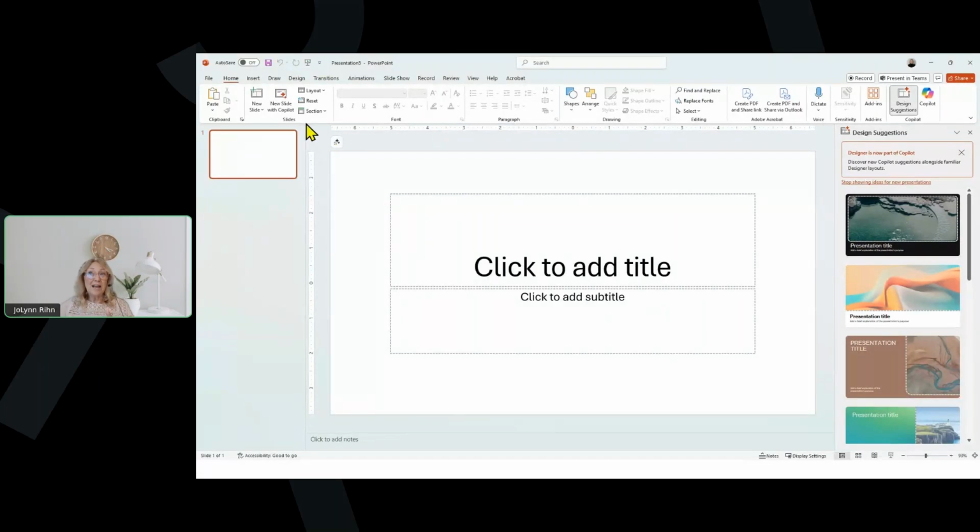Well, notice at the top left on the Home tab of the ribbon, New Slide with Copilot. So if I want to use Copilot to create a new slide on this presentation, we have that capability whether you're in a new presentation or an existing one. Notice at the top left of the slide view on the right, it has this Copilot icon, which by the way, they've kind of changed. Let me show you this because this is a recent update